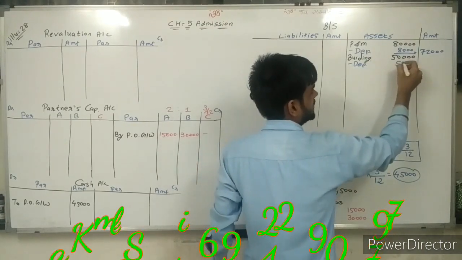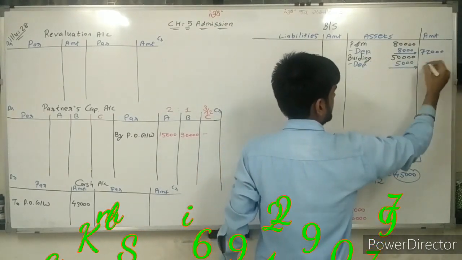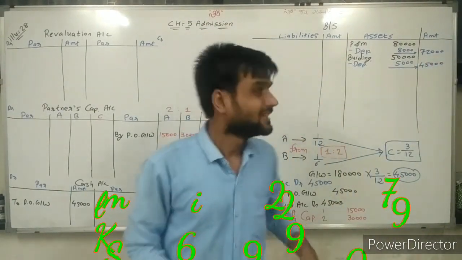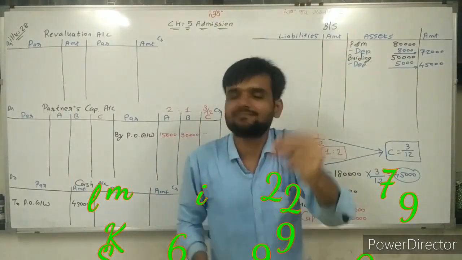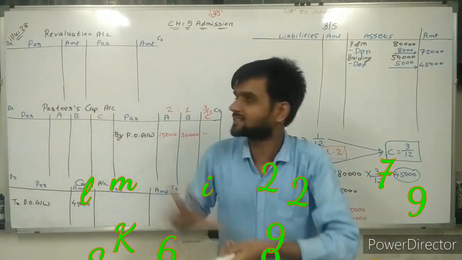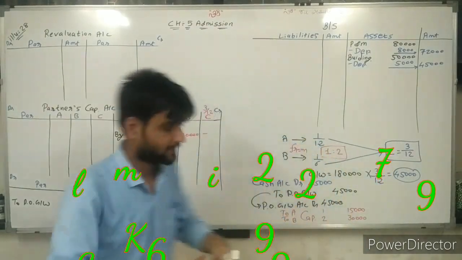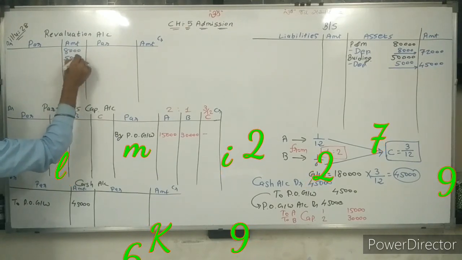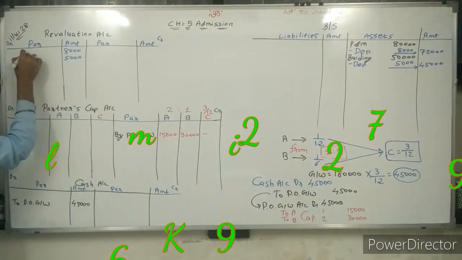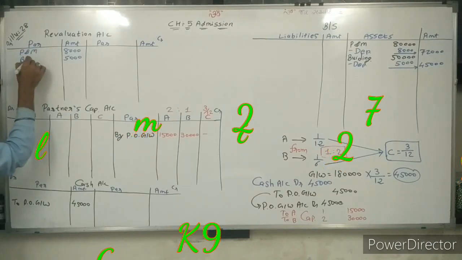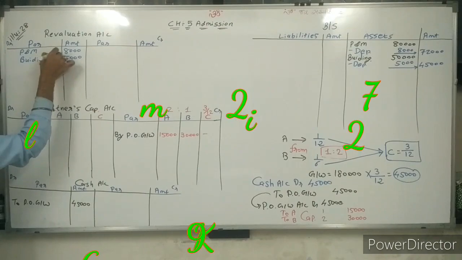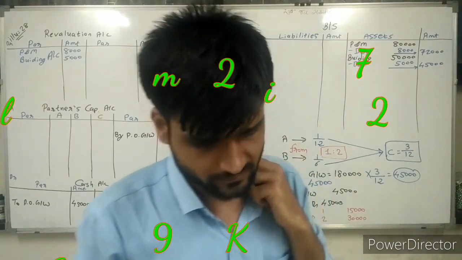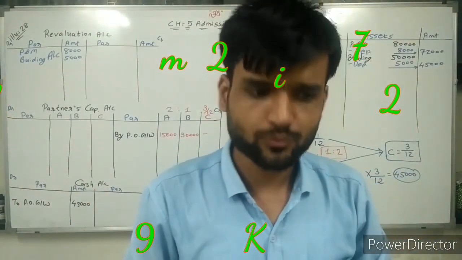In the same way, 10% of 50,000 is 5,000. Outer column 45,000. Now, sir, does the asset increase or decrease? Simple, sir, decrease. Decrease means debited. So 8,000 and 5,000, and against it we are writing plant and machinery and building account. Simple, sir. Going ahead. So, the fourth number adjustment is also clear.